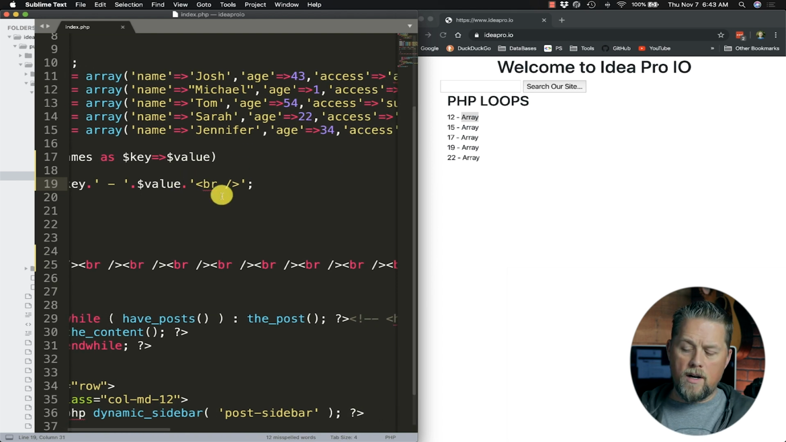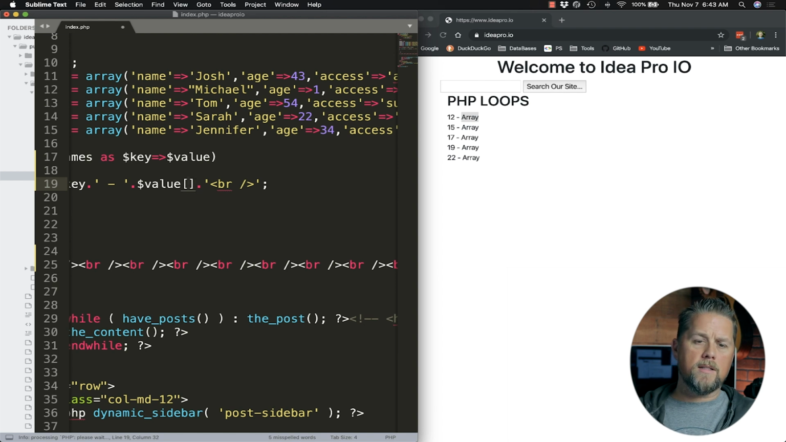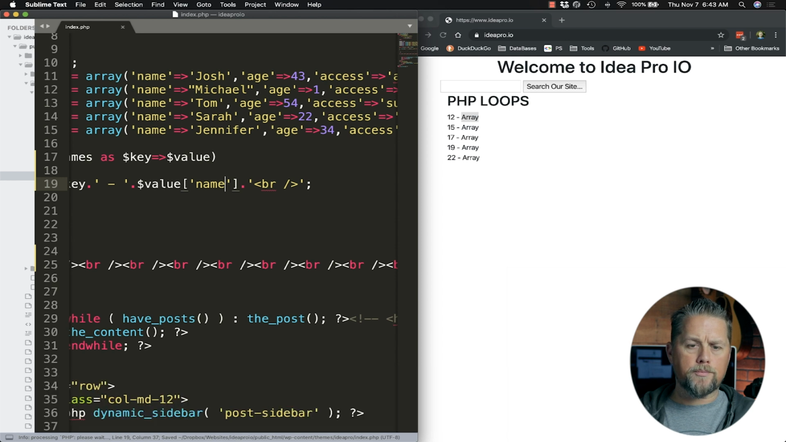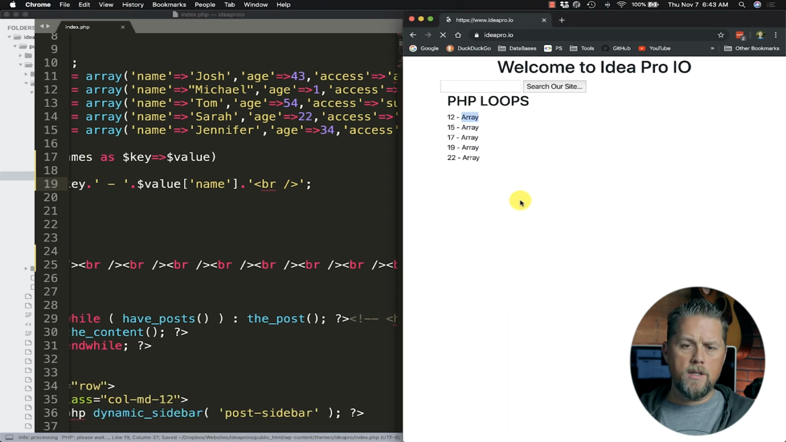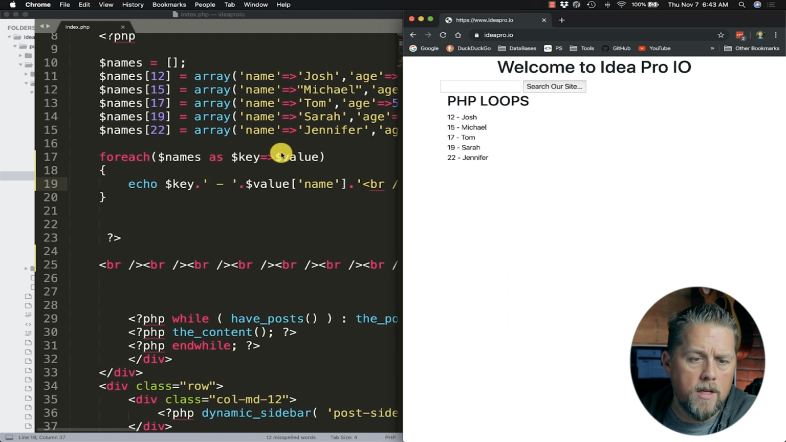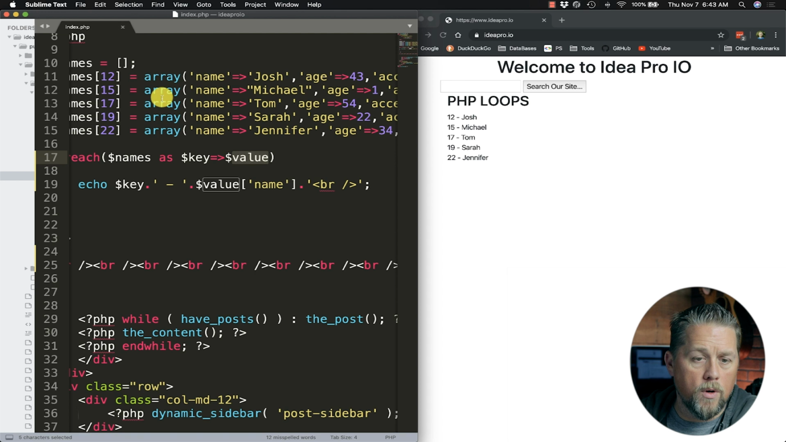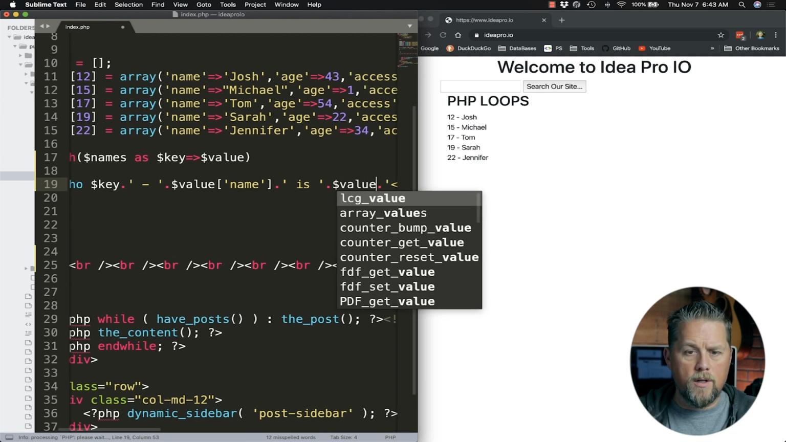All right, so value, then we're going to make two brackets, and inside of that we're going to do name. Okay, so now if we come over here and refresh our page, it now says 12 Josh, 15 Michael, 17 Tom. So it goes through each one of these keys, and then it goes to the array, which we're calling value, or it comes to the value that's an array, and then we're going to say name, and then let's say is, and we're going to do two semicolons, and we're going to say value again,